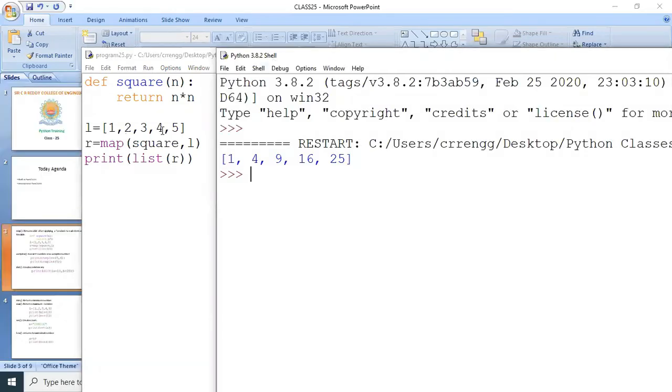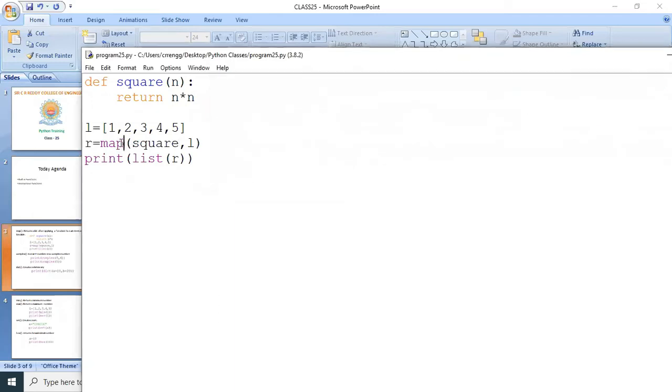L equals 1, 2, 3, 4, 5. The square function returns the square of any number. Now I apply this square on each item in this L, and this map function returns a list that is stored in R. Okay, and we use this map function in many programs.